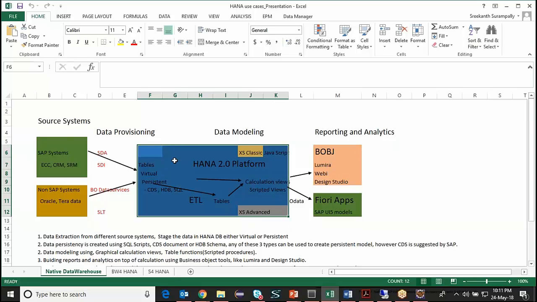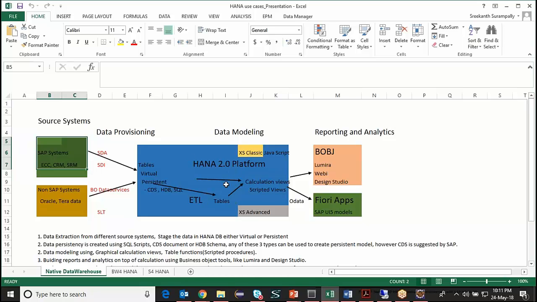So now, as a data warehousing consultant, my requirement is to get data from different source systems. The source systems are going to be my transaction processing systems for my business to run. It could be an SAP system, which is your CRM, ECC, SRM, or any other, or it could be a non-SAP system. In case of non-SAP systems, we directly access the database. So it could be Oracle, Teradata, IBM DB2, SQL Server. Could be any. So my objective is to bring in all the data together into my data warehouse and